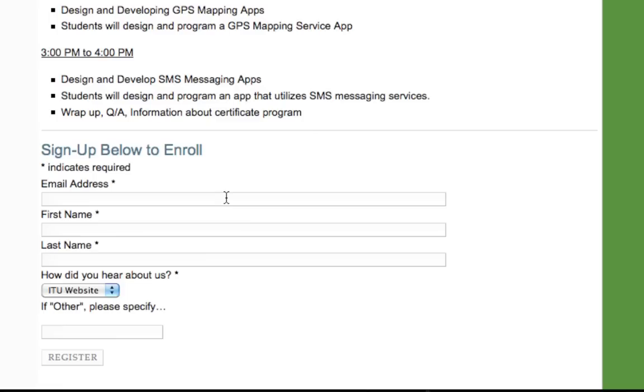Those people who have shown up who did not pre-enroll, who just had a spur of the moment idea, if we don't have any room to accommodate you, you're the ones that we're going to send away. So long story short, to reserve your seat, sign up. It's a very simple registration form, as you can see. Click on register, and you'll get a confirmation that comes back that says, hey, you're enrolled.